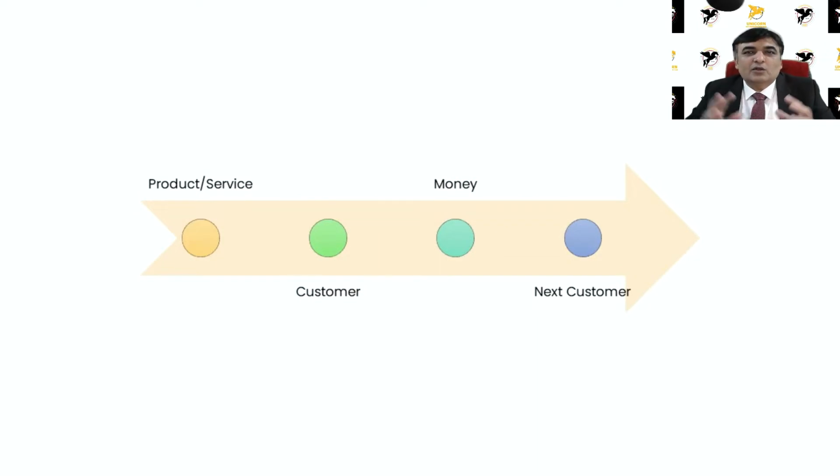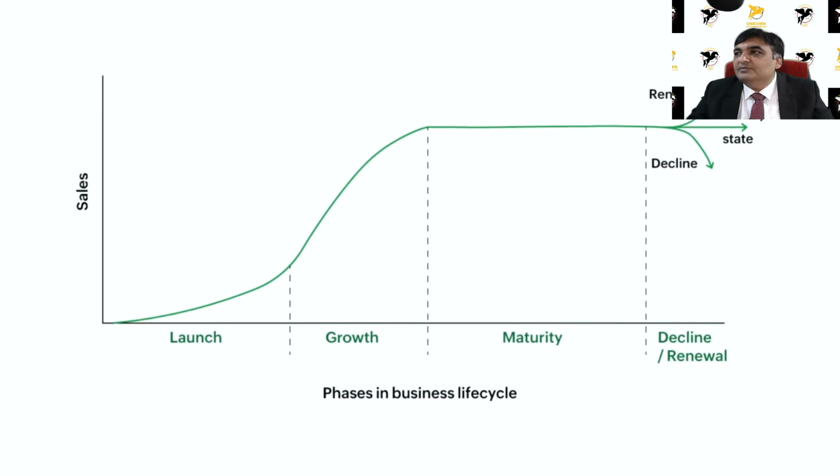Before showing you how Amazon's flywheel works, I'm going to show you what a flywheel is. This is how most normal businesses work. First, they have a product or service, then they look for customers who are interested in buying those products or services, and then they sell those products or services to those customers and collect money from them. And then they run after another customer. Their search begins to find a new customer.